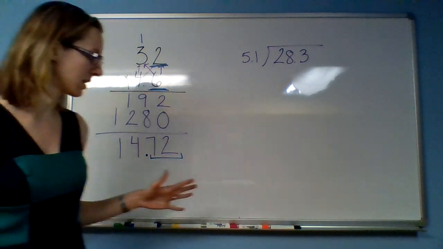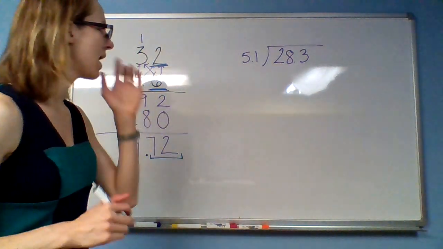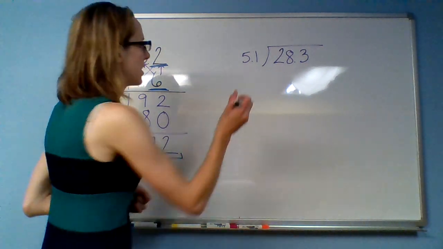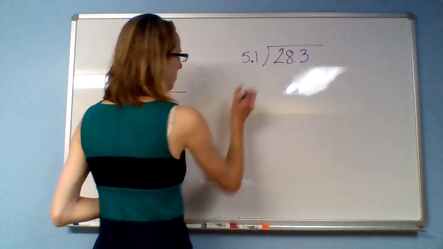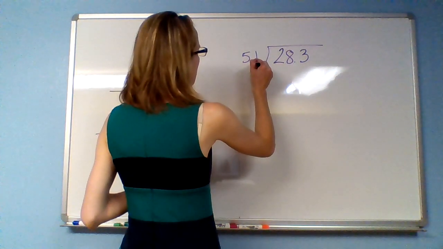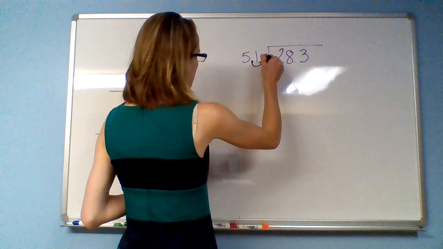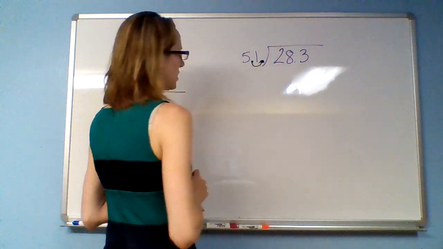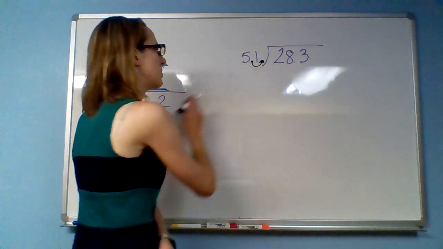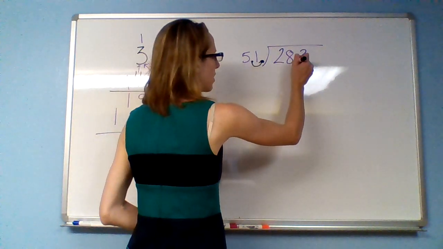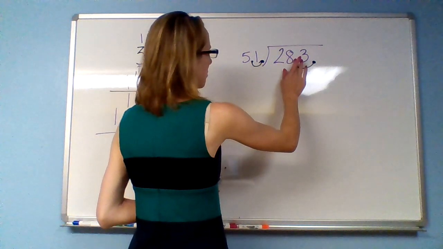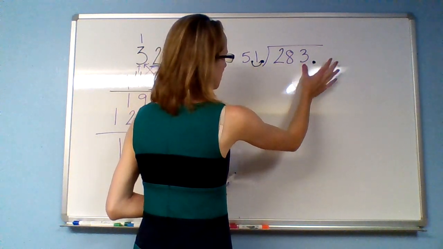Now, division is a little bit trickier because what I have to do is get my divisor to be a whole number. So right now I have 5.1. I want to get that to be a whole number. I can do that by moving my decimal 1 spot to the right, and I get 51. However many spots I move my decimal in my divisor, I also need to move my decimal in my dividend. So now my problem is actually